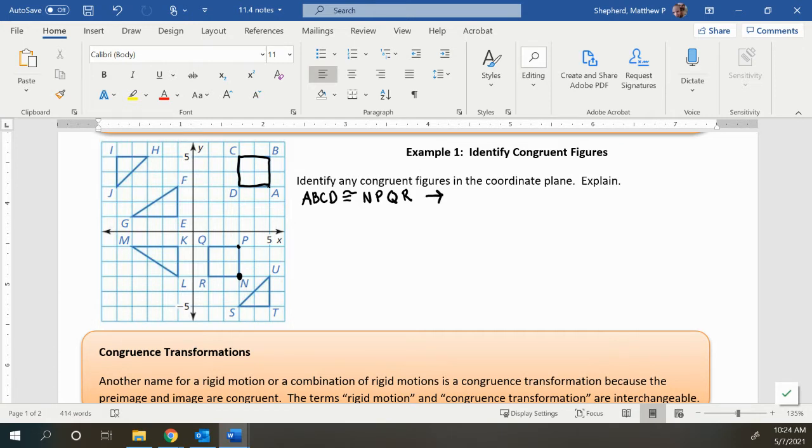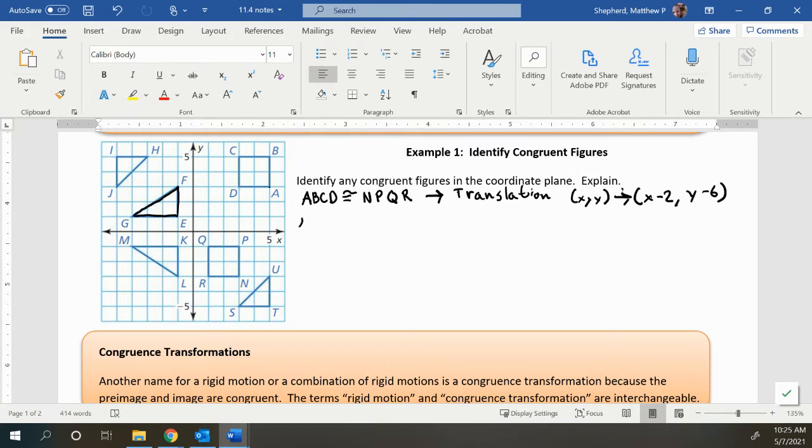Next, I want to show how I know they are congruent. So this seems like a very simple translation where we went 2 to the left and 6 down. So I know these are congruent because this is a translation that follows the rule that x goes backwards by 2 and y goes down by 6. All right, next, let's go ahead and do